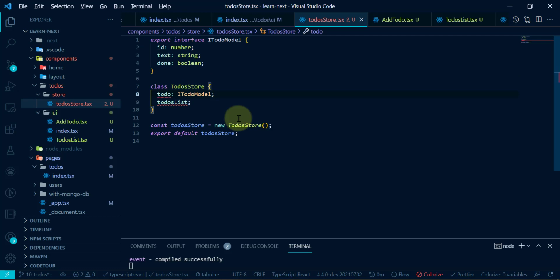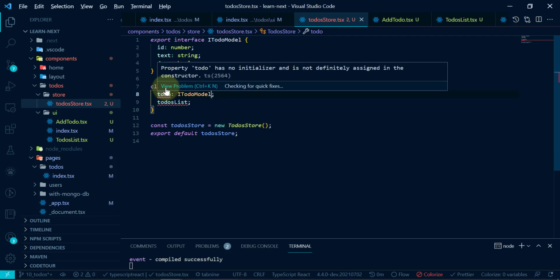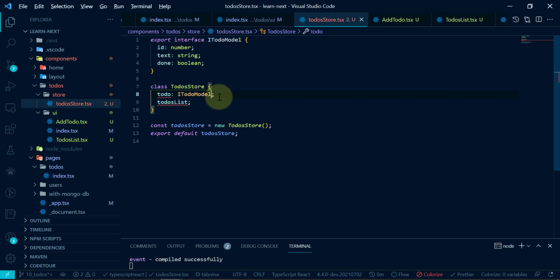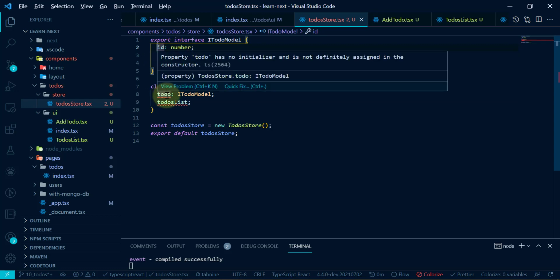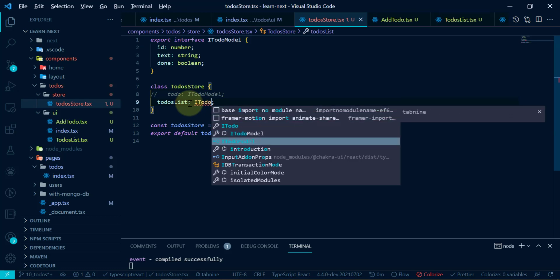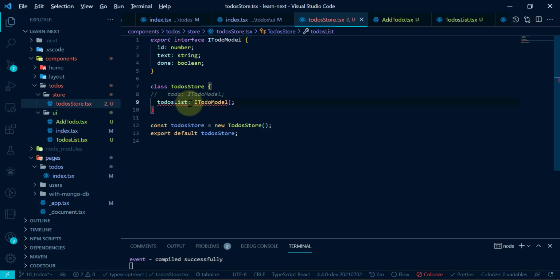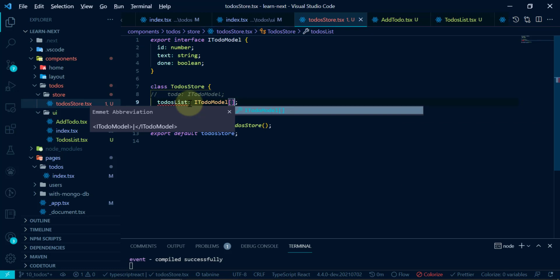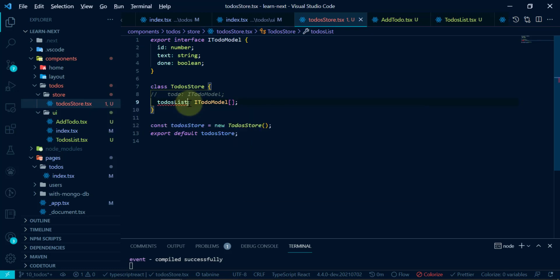Okay, you see here it is saying that we need to initialize our to-do with some value, because this is just the interface. We need to have some value which needs to be given to this to-do. We'll do that, but now we'll just comment it out, and for this todos again we'll assign it, and this is going to be a list of this IToDoModel. And again it says we need to initialize it, so we will initialize it with an empty list. Okay, so here we are not getting any error now because this is an empty list of this interface type.